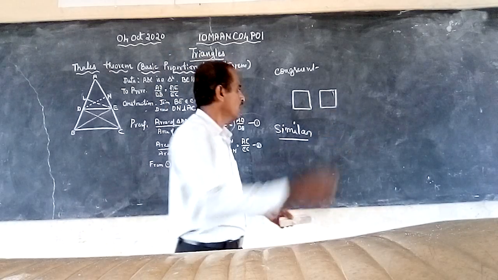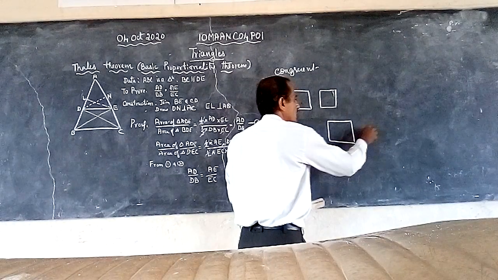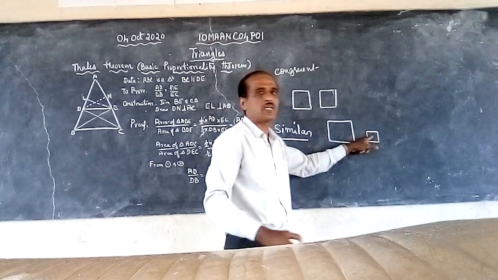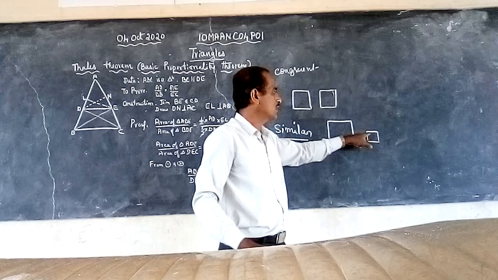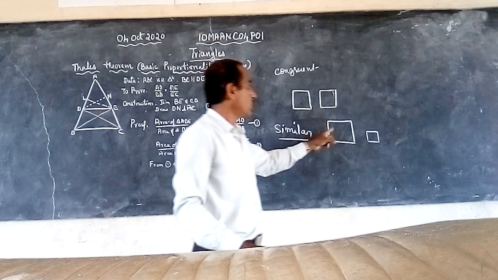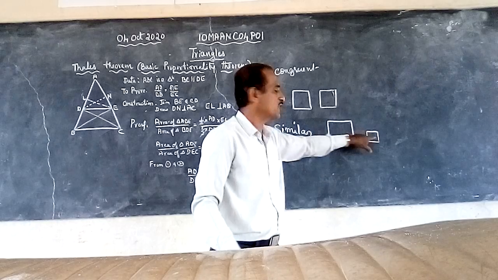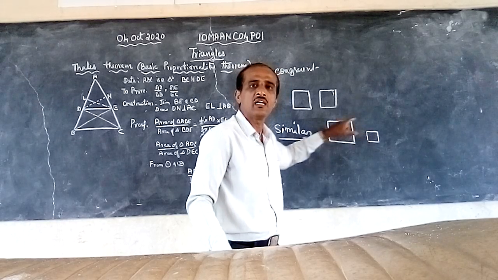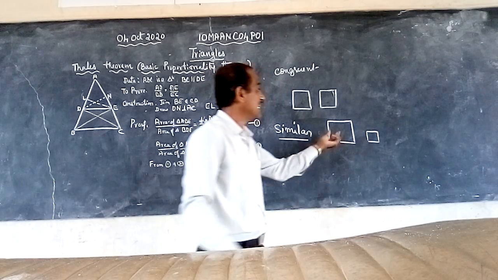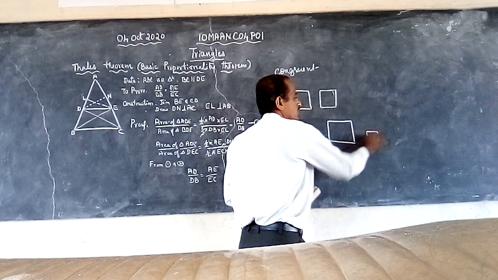So what does similar mean? If you take, for example, a square, this is one square and this is another square. Here each angle of the square is 90 degrees, and here also 90 degrees. The angles are equal, no problem. But observe the size in these two figures: this figure is larger, or bigger, than this figure, and this one is smaller than that. The shape is the same, but the size is not equal, isn't it?